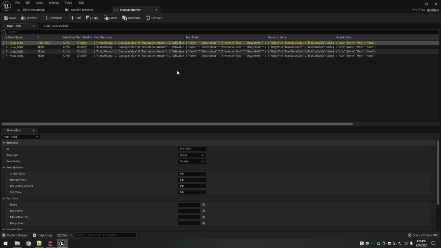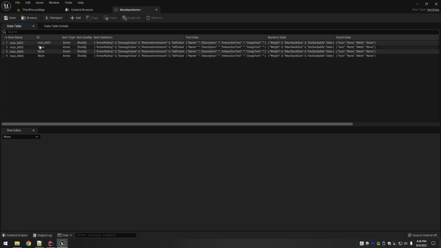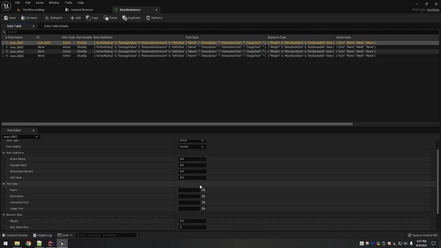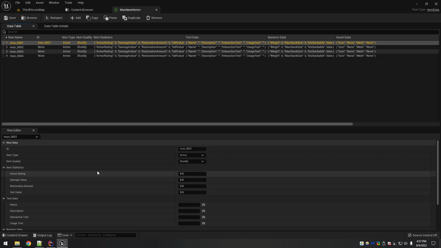So this really wraps up the data table creation section. You can go down through here now and start adding stuff if you want to. I'll probably add a couple of little things just to have before moving into the next section. But basically, think of some items that you would like to have in a game.